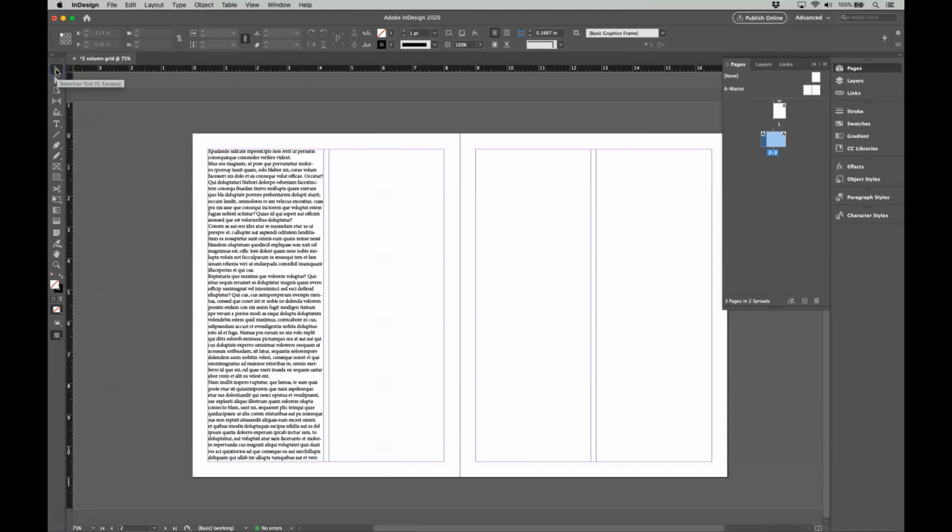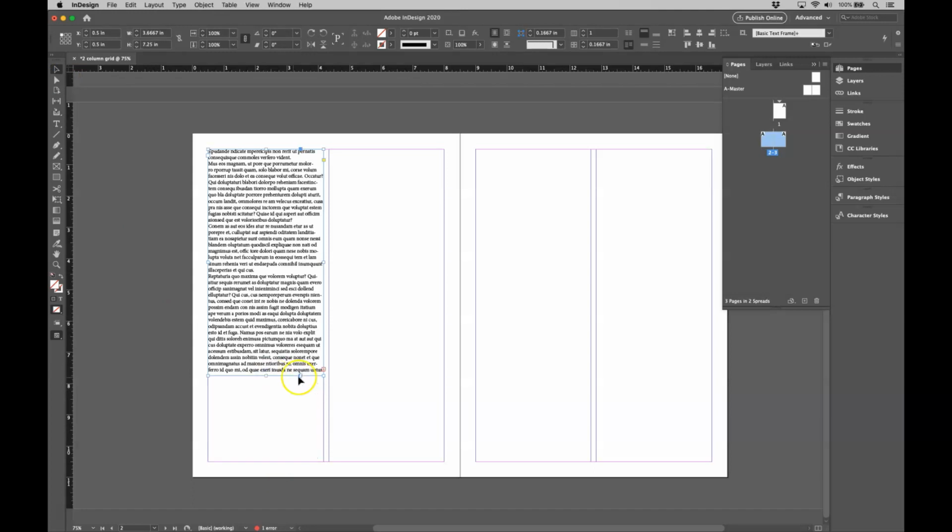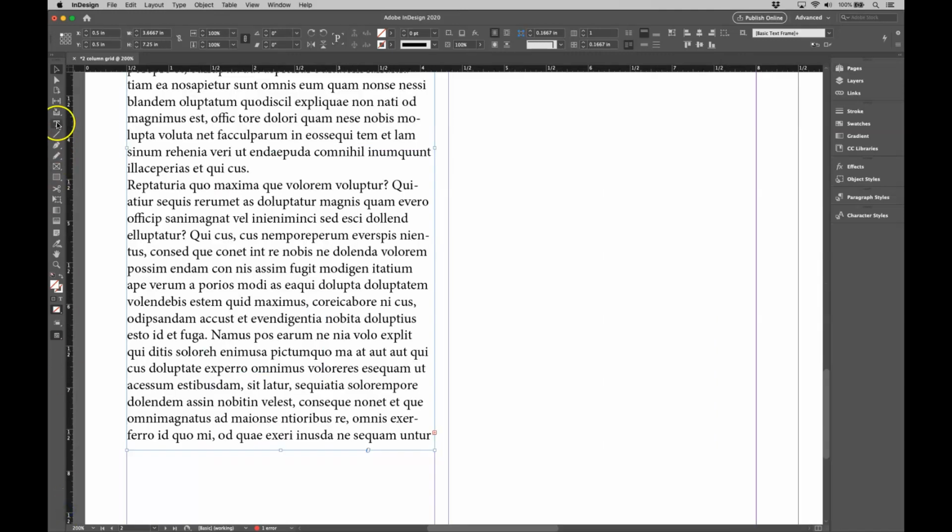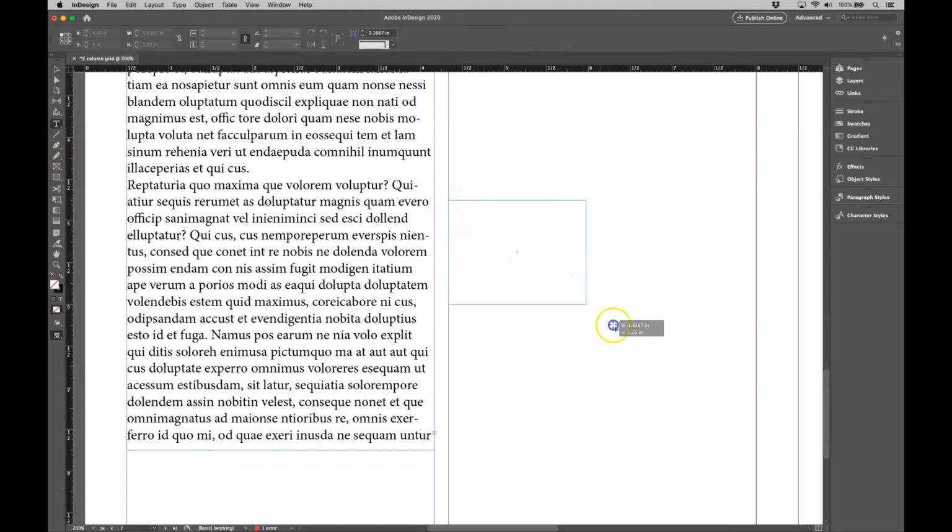Use your selection tool at the top of your toolbar and grab the bottom of this and drag up. You'll notice now that there is a red plus sign here in the lower right corner of the text frame. This indicates that there's more text in this story than fits within the text frame. We will now learn how to link that text to another location. Draw another text box in your next column